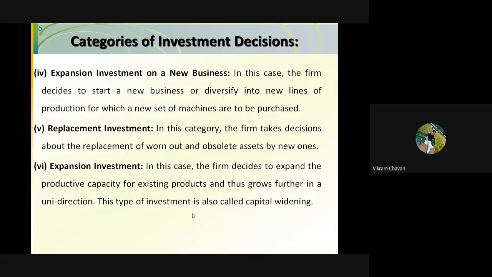That will be related to the expansion investment. So in this case, the firm decides to expand the productive capacity for existing products, and thus grows further in one direction. This type of investment is also called capital widening. Capital widening. Okay,